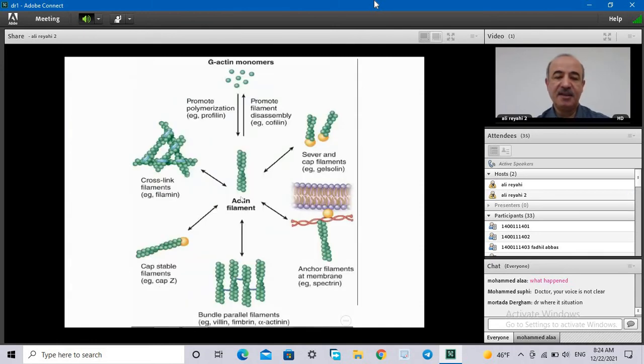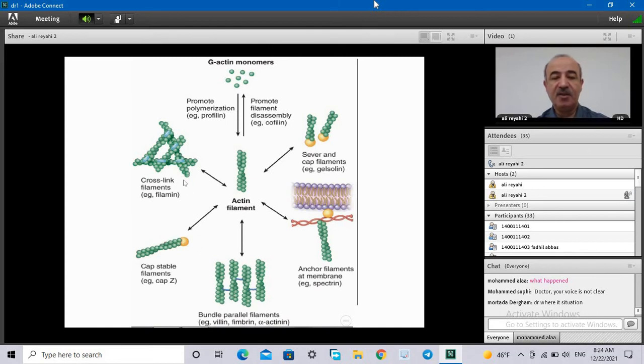And here you can see some strand of the actin filament. It's attached to the plasmalemma, or it can organize in parallel strands, for example within the microvillus,